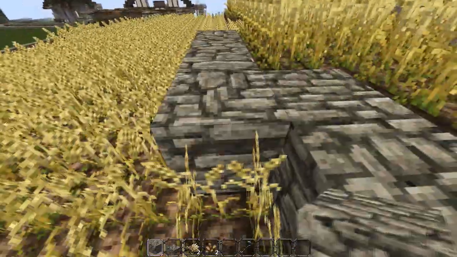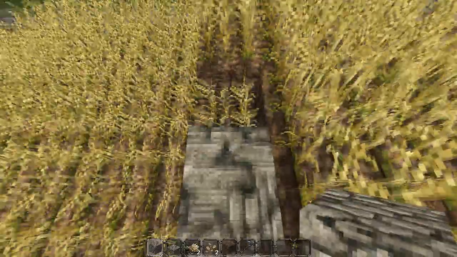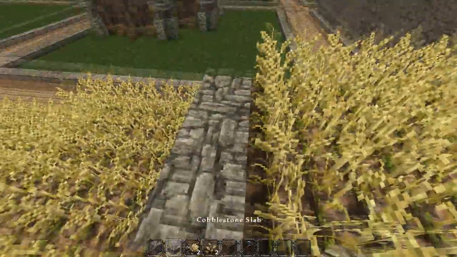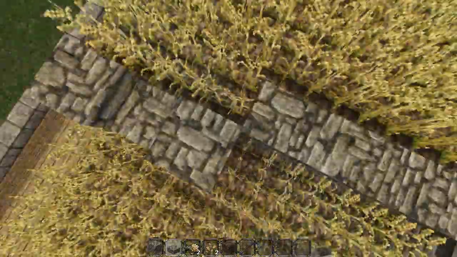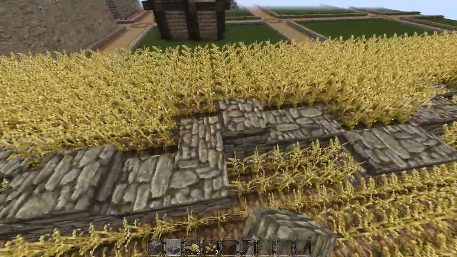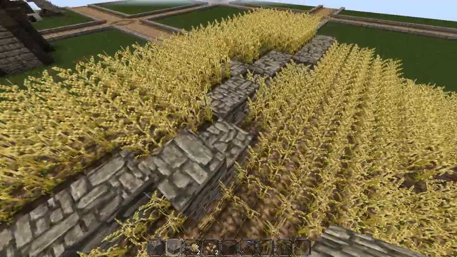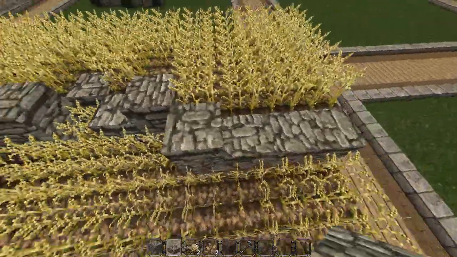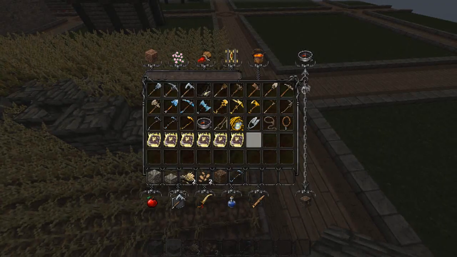Really, really simple. Just a sort of thin wall, a barrier to hold back the crops. And this is a really nice design, really simple. And then on top, just mix it up with slabs and stair blocks and things like that. So I'm just going to place a block every now and then. Try not to make it too symmetrical